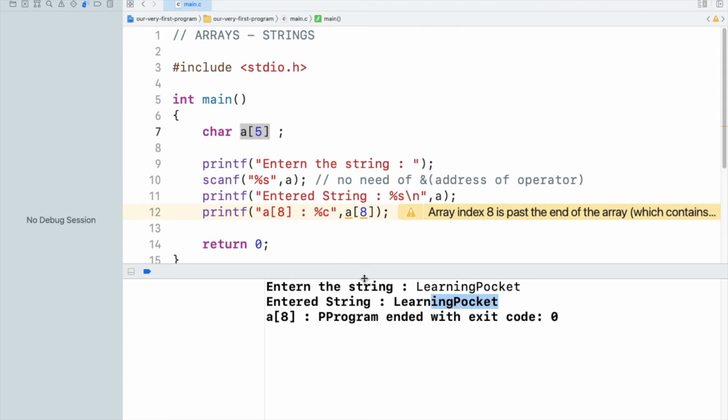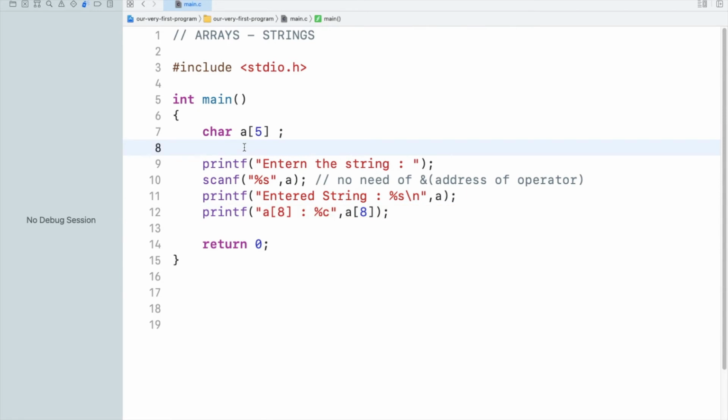Though they are getting saved, you cannot guarantee that they will be available all the time. And one more thing I mentioned, you can get a runtime error in this type of situation. So this was about how things work in here.